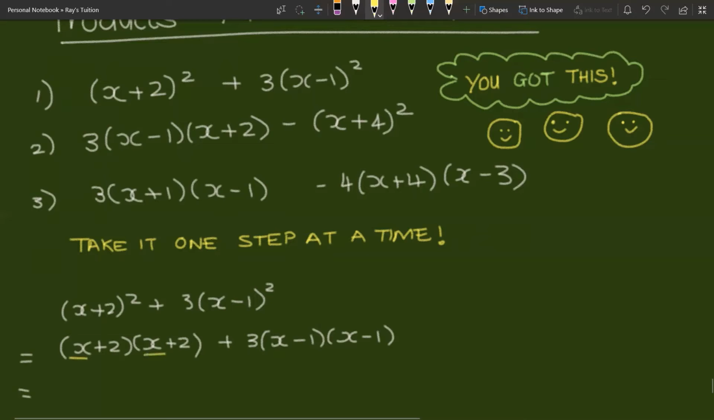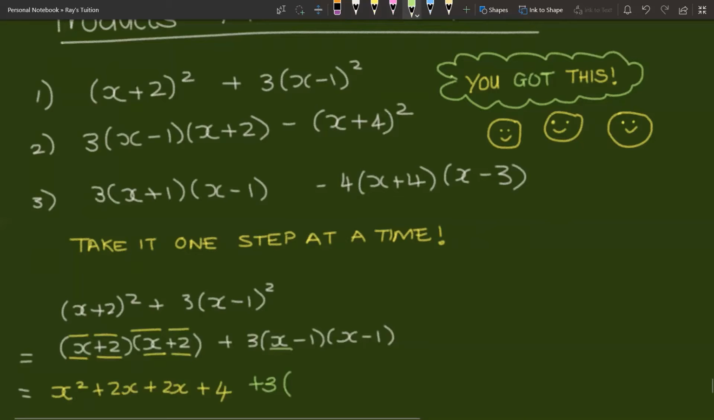F is for first, so x times x, which is x². O is for outers, so x times 2, which is 2x. I is for inners, so 2 times x, which is 2x. And finally, L for last, 2 times 2, which is 4. So then what we're going to do is this part here, we've got the 3 and we've got this. We're first going to multiply the 2 brackets with each other, and then we'll deal with the 3. So the 3, let's leave it out there for now and first deal with what's happening inside the brackets, which